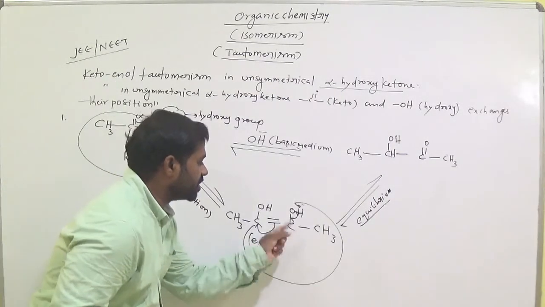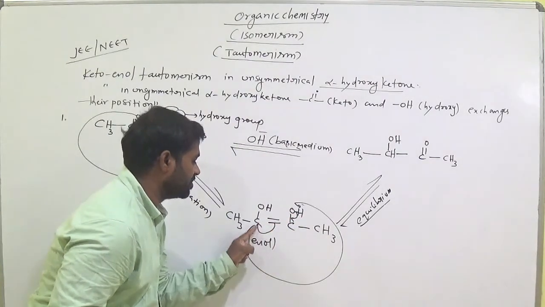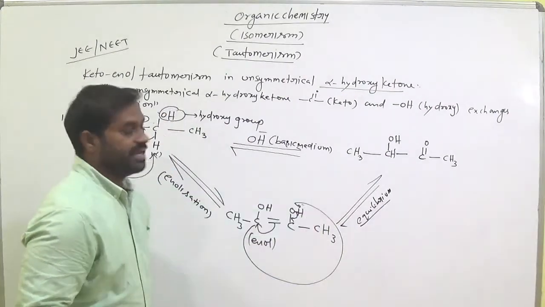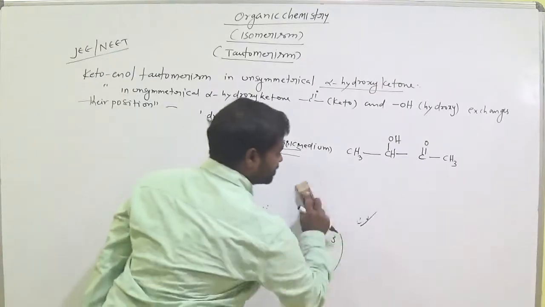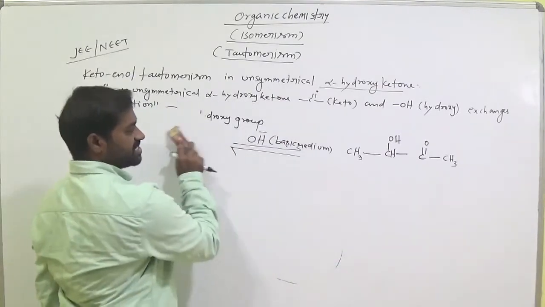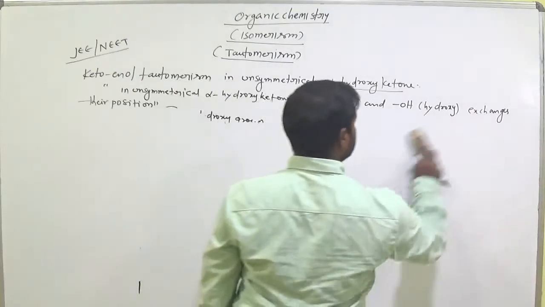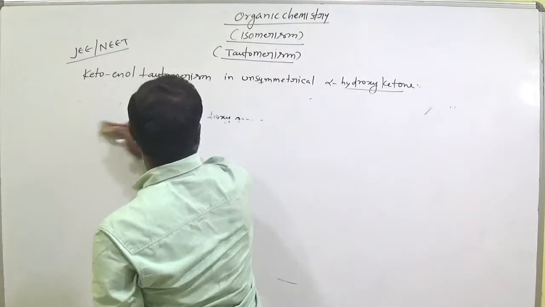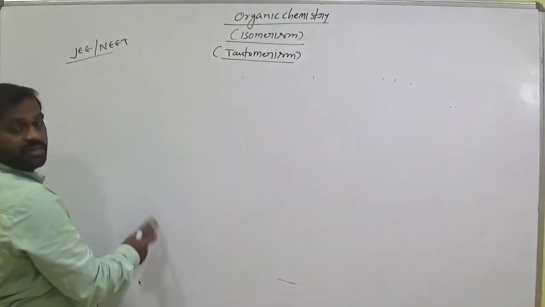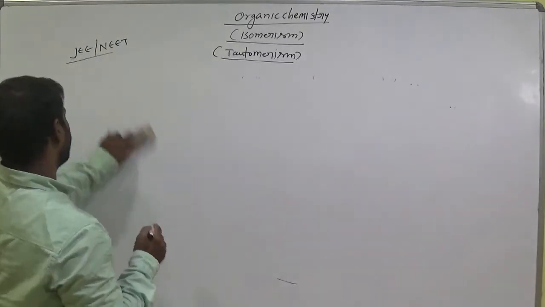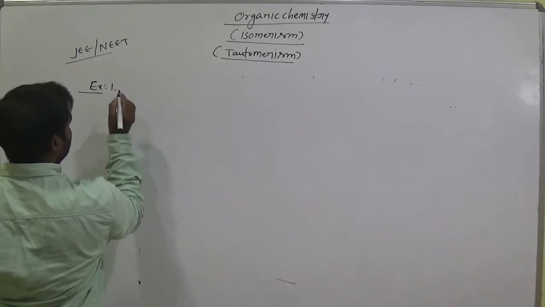Simple. From this molecule, this bond is here. This hydrogen on this carbon, here one bond is broken down. Clear? Now write some important exercises regarding this concept. Simply the OH group and C double bond O group exchange their positions. So now write the model example regarding this concept, important bits.